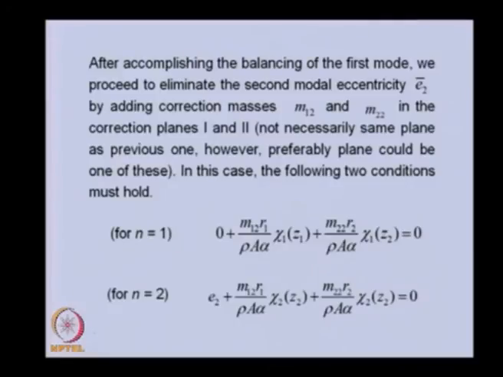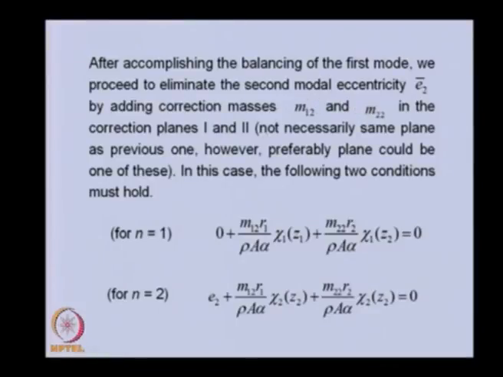Now, after we accomplish the balancing of the first mode, we will proceed to the second mode balancing, that means E2. And in this particular case, we will be keeping two masses in two planes. This is the first mass in the first plane, this is the second mass in the second plane. These are the additional masses as compared to the previous mass which we kept. Now,